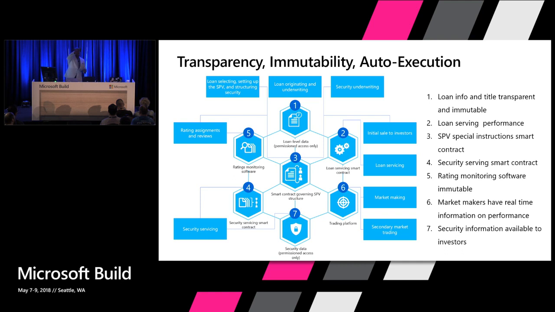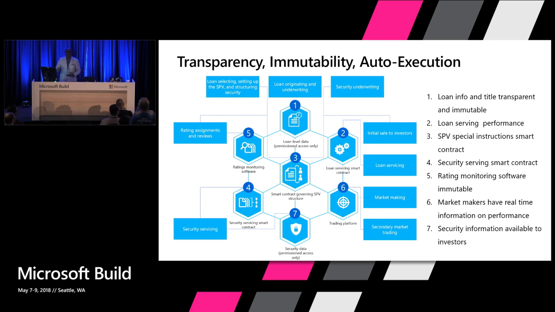Code says send a node over to the state house and to the county and let them know we need to begin the foreclosure process. There's no communication as far as emails or mails or letters. It is all codified now, starting to send to these different nodes, and these state and local counties can just plug in to see that information, right? Loan servicing performance goes faster, right? Because now it's a faster performance.